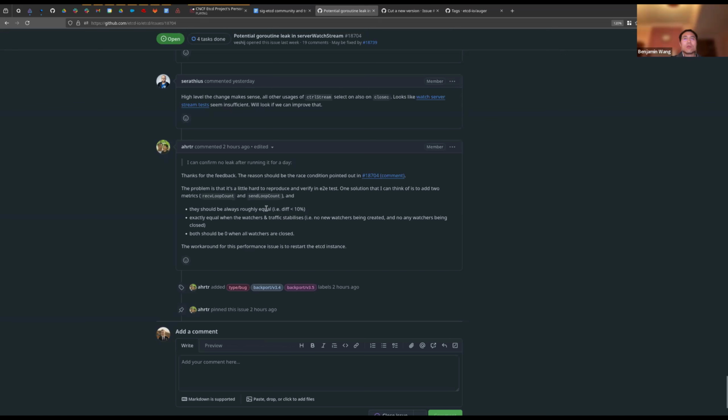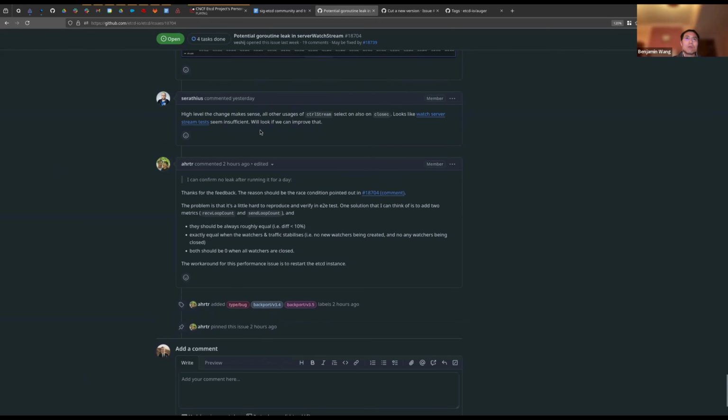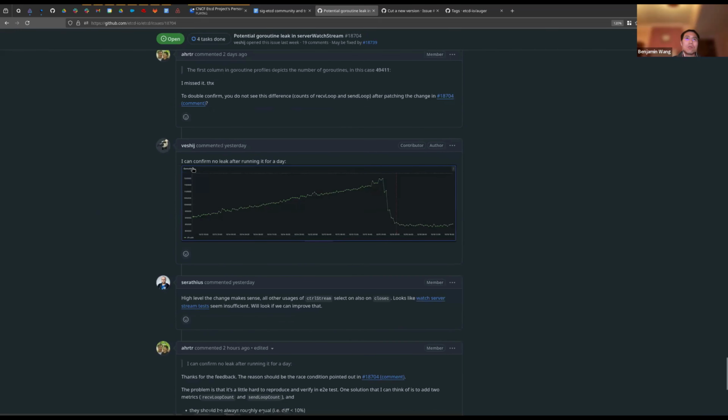There's one proposal: we can add two metrics. The first is the receive loop count, and the second is the send loop count. Usually the two numbers should always be equal. But there's a dynamic change, so they should be roughly equal, because the difference should be less than 10%.